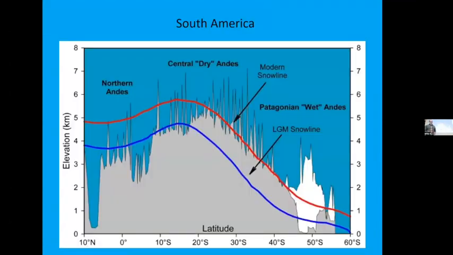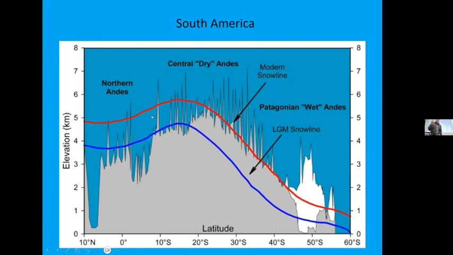Here's another way of looking at this figure. This is latitude. It's basically just the southern hemisphere. So we're focusing on, here's where the ice field is more clear. This is focusing just on the Andes of South America. Just so everyone can see, I'll use my pointer. That's the northern Andes. Look, there's hardly anything coming through the red line.